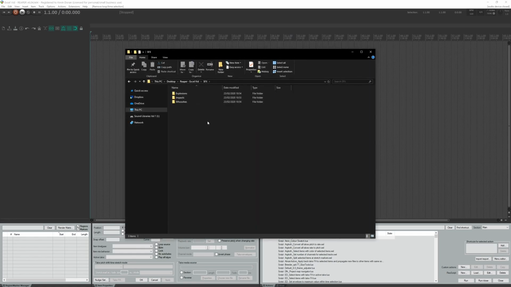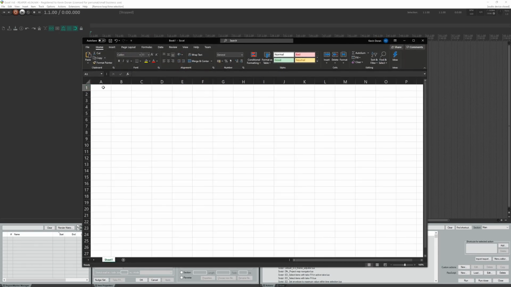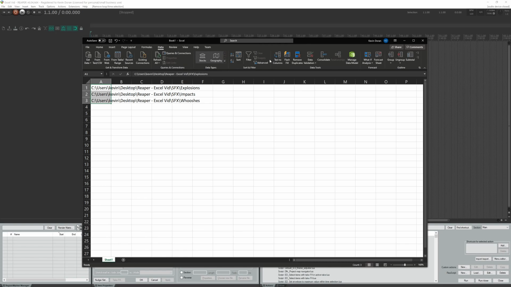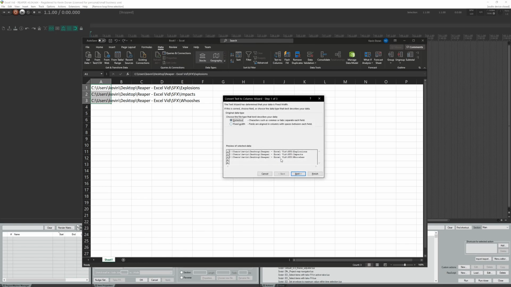In this case, I've just got some arbitrary folders here. These could be for groupings of categories of sound, for example. We can drag select them, go to copy path, open up Excel, and paste those in. Then to separate these folders into columns, we can head to data, go to text to columns, select delimited, and then next to other, we can just put in a backslash, and that will separate each of